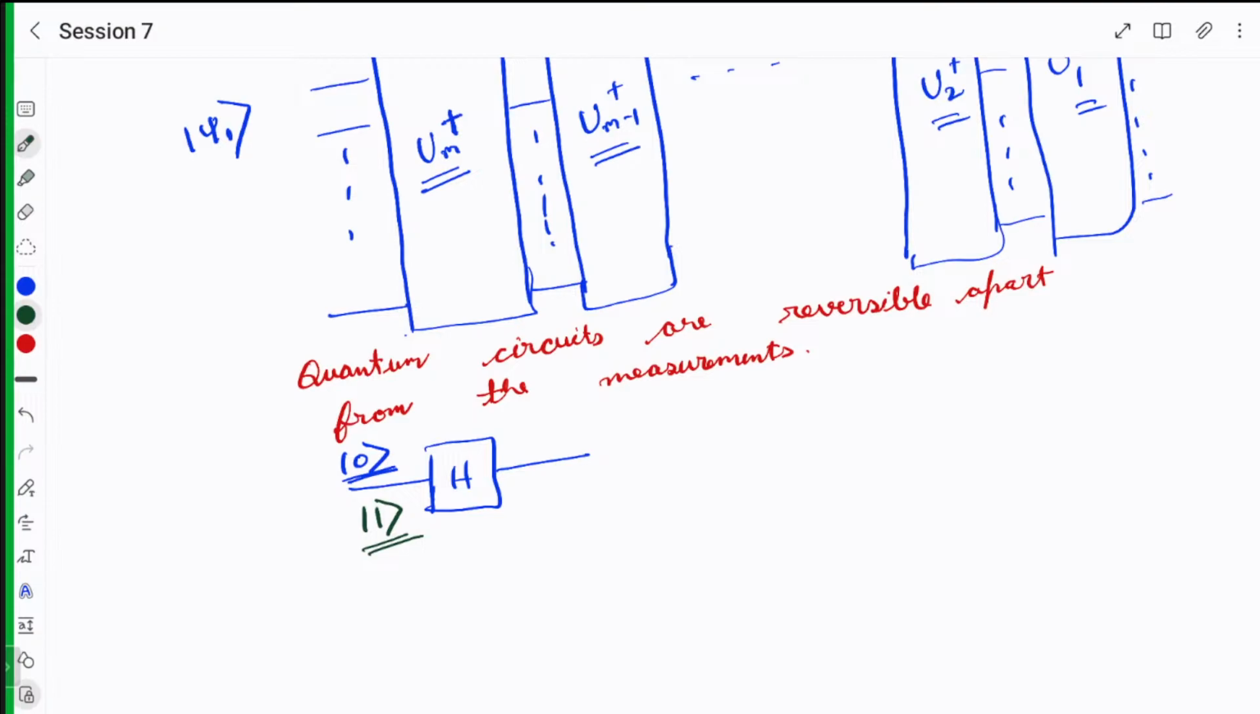So you can write in chat, or you can also unmute and speak. 0 plus 1 by root 2. Yeah, this is what you did if you input ket 0. And what will you get if you input ket 1? You will just get ket 0 minus ket 1 by root 2. And this is ket plus, this is ket minus. Okay, this is what we call